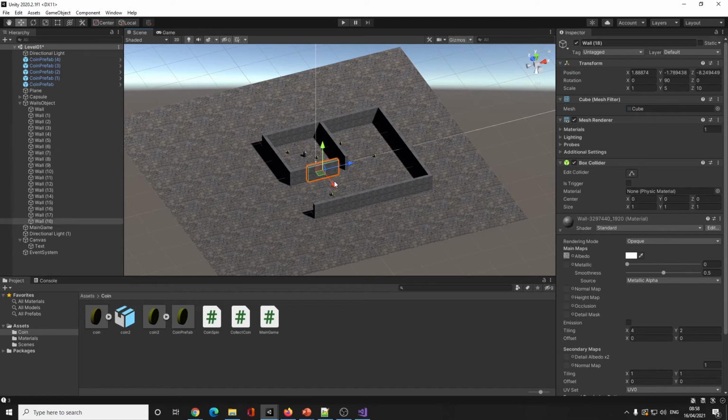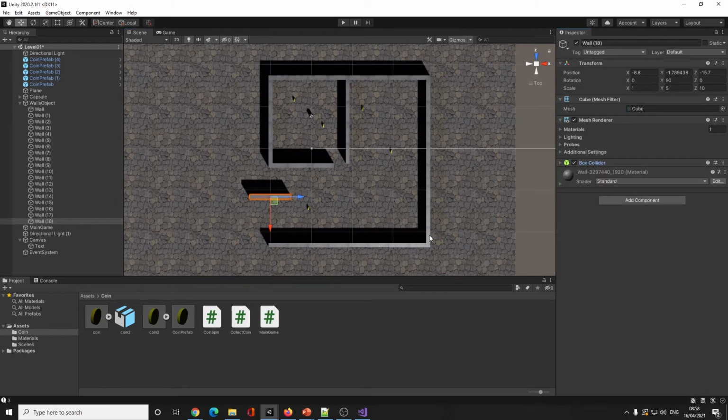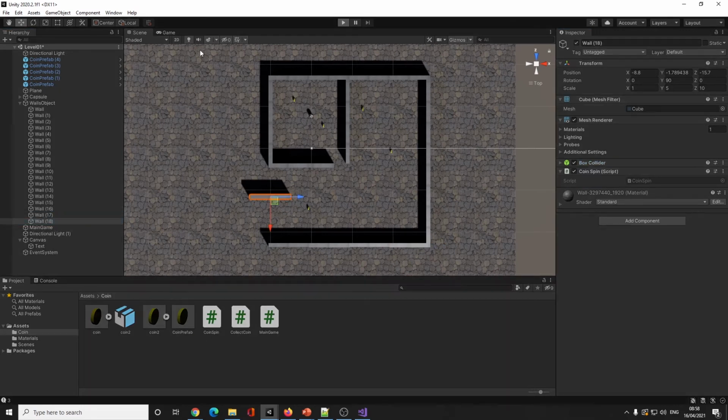Let's do it now. Let's move this over here. So, for example, I'm going to drag the, I know it's a coin spin code, doesn't matter. So shrink that down so it's out of my way. I'm just going to drag that onto this one. Because this is not a prefab, it's only put the code onto that one wall. Look, the rest of the walls don't have it. So if I press play now, I'll just come back into scene view. The wall's spinning, not maybe the way I want it to spin,